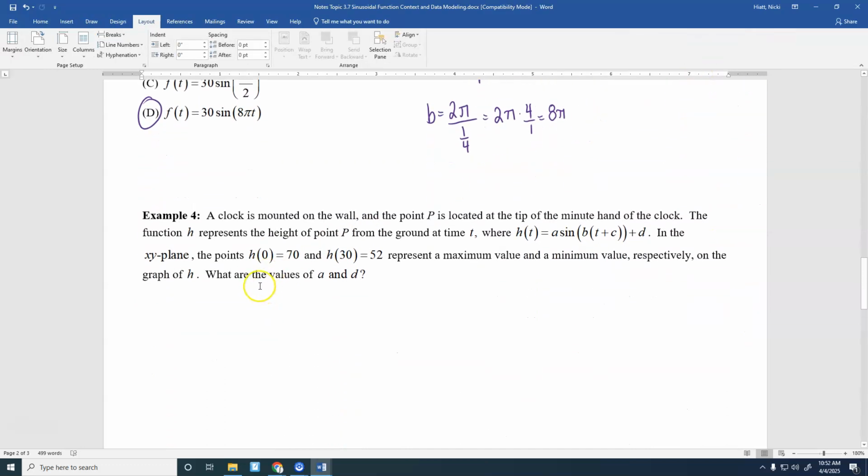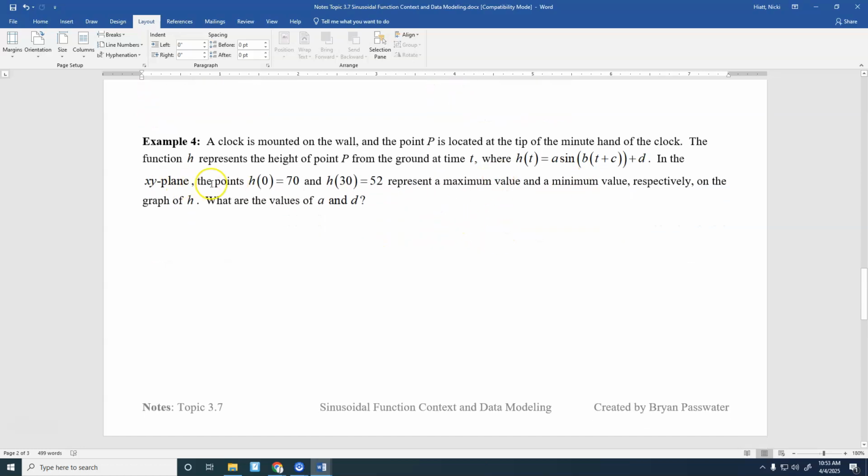So we've got a clock mounted on the wall up here. The tip of the minute hand of the clock is what we're looking at, where we've got this information. H of 0 is 70. H of 30 is 52. And this, our T,